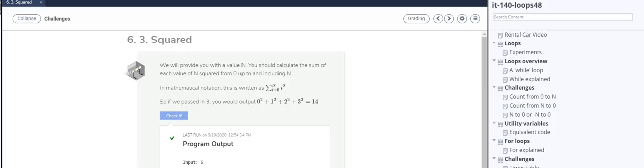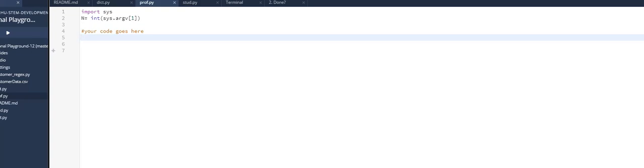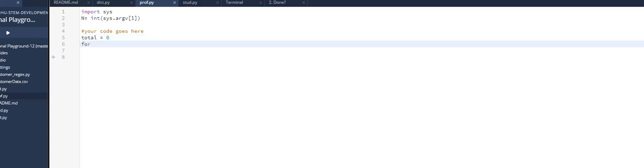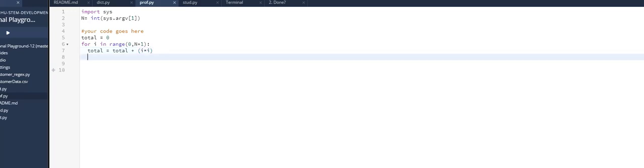Now the way that you would code that, let's go back over here, get our code cleared, and let's just create a variable, set it to 0, and then create a for loop for I in range, and let's make our range 0 up through n plus 1 as the max. And then for our loop, let's say total equals total plus I times I. And then we would just print that,